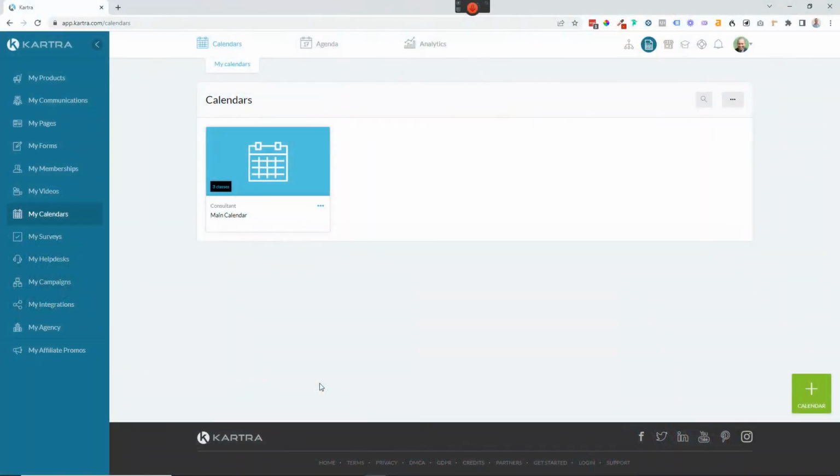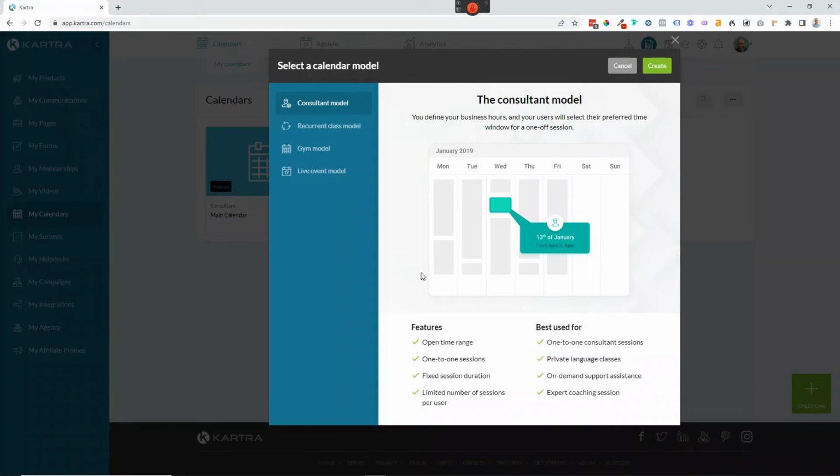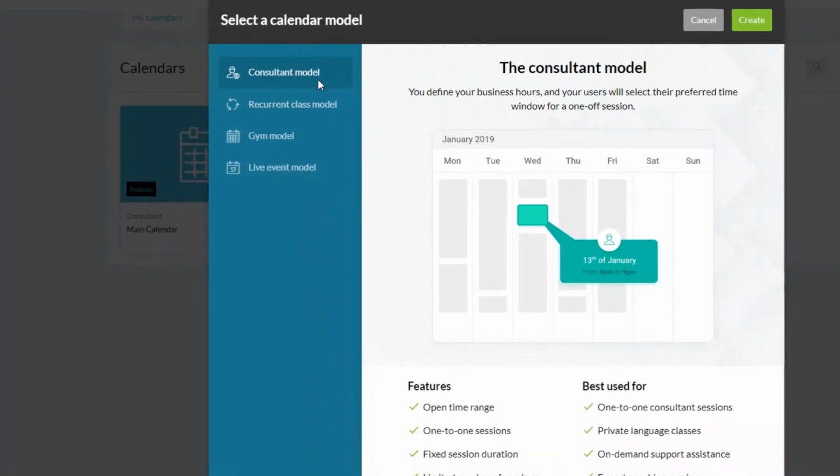So let's jump over to the PC and see how we set up a calendar. Just come down to My Calendars, and in the bottom right hand corner click on Plus Calendar. Now you have 4 different options here. I'm going to use the consultant model, which is ideal for creating one-to-one meetings, but there are a further 3